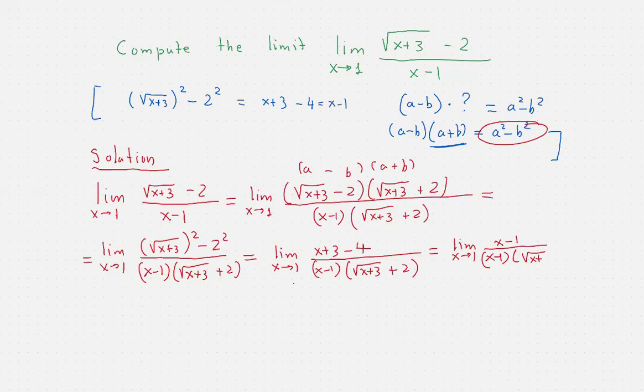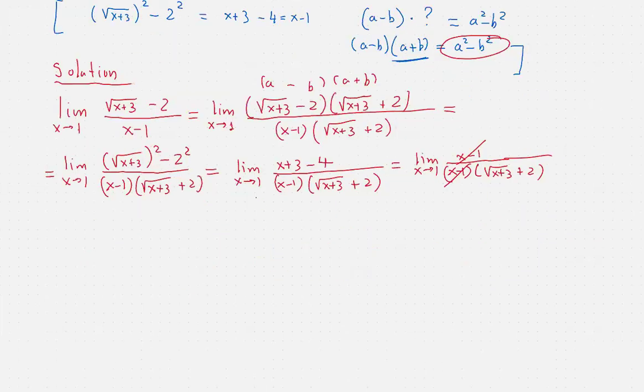We have to be careful about the fact that what will remain on the top is just the quantity 1. Why? Think about it as this times 1, which is always something that you can suppose. And so once we get rid of the x minus 1s, that will give us the limit as x tends to 1 of 1 over square root of x plus 3